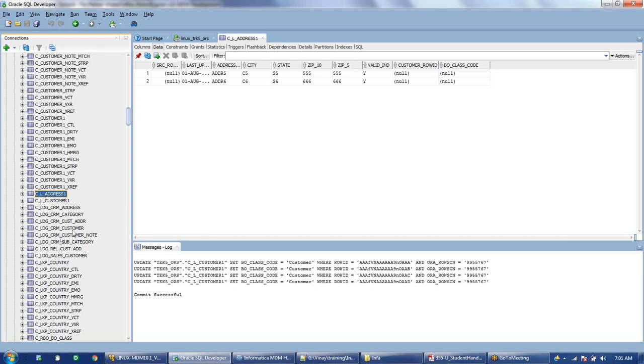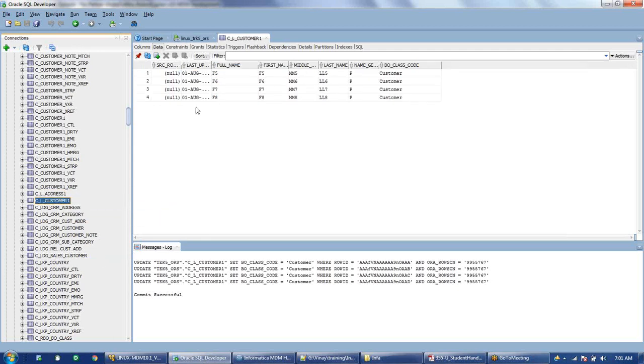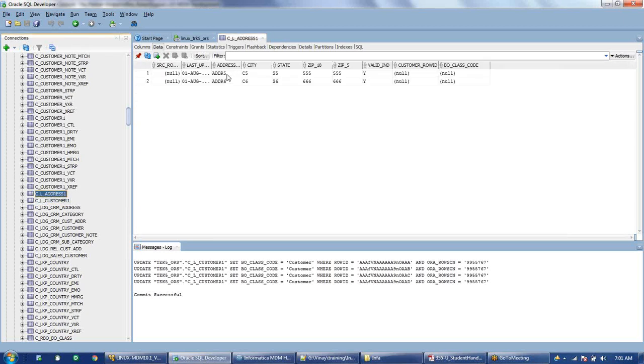And similarly we'll go to the relationship table. Here we need to add some data. We'll check what primary keys we have used here. For customer we have the values F5, 6, 7, 8, and for address we have EDDR 5 and 6.